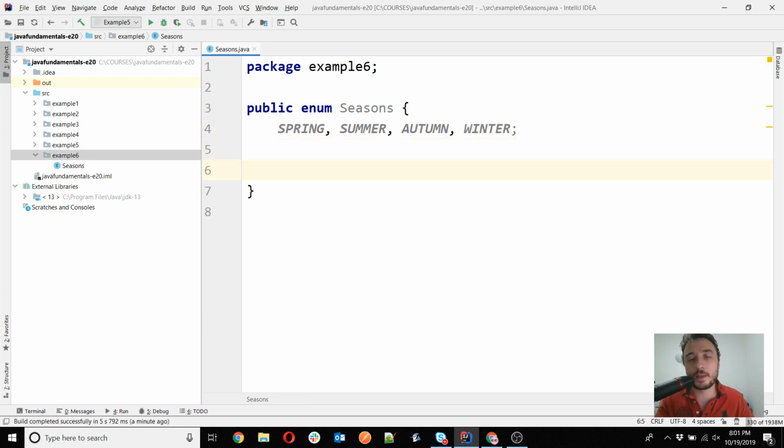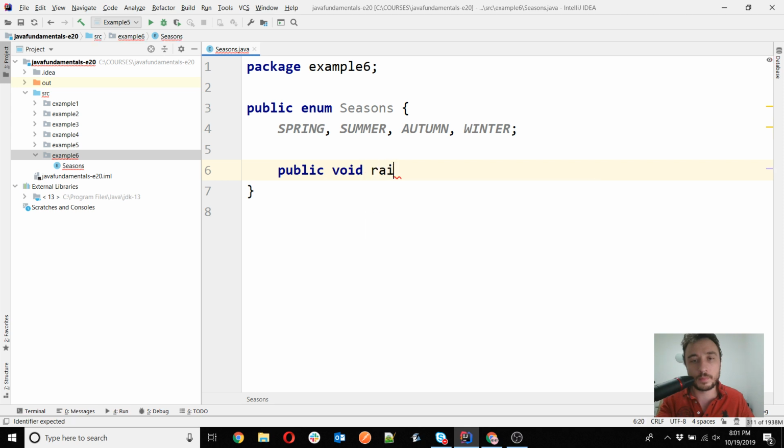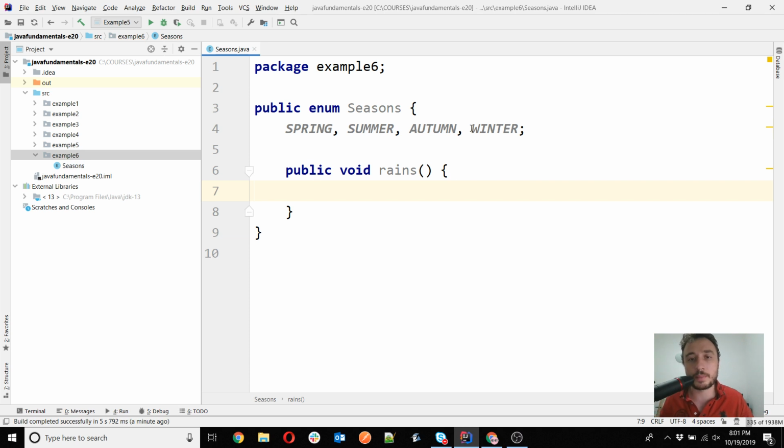Okay, you can have the very strange situation in which you want to override the method of only one of the values, and that means you have a method here, and in this case I would like it to be a non-abstract one, so I will just make it like this. If you want to override this and do something else for one